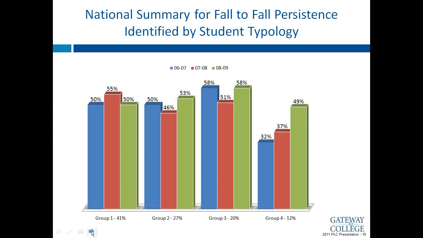But again, that's 12% of our students. So what would happen to our persistence numbers if we can make the same sort of gains with group 1, which is 40% of the network, or a combination of groups 1 and 2. And again, we're not trying to say we want to ignore a certain group, but we also want to make sure that a particular group isn't hogging all of our attention and resources, and that a group like group 2 that's probably less vocal about what they need is falling off our radar.